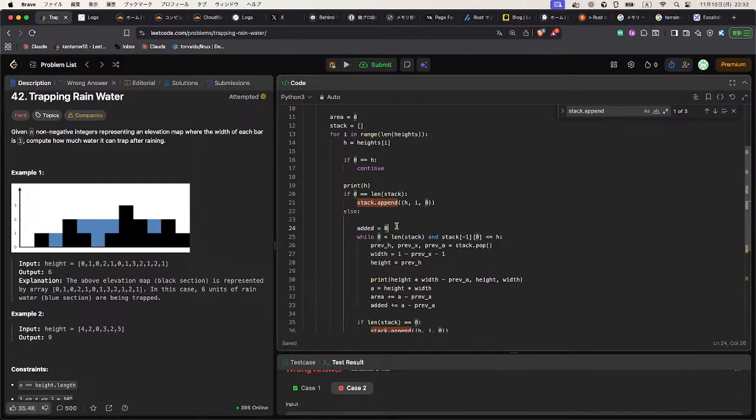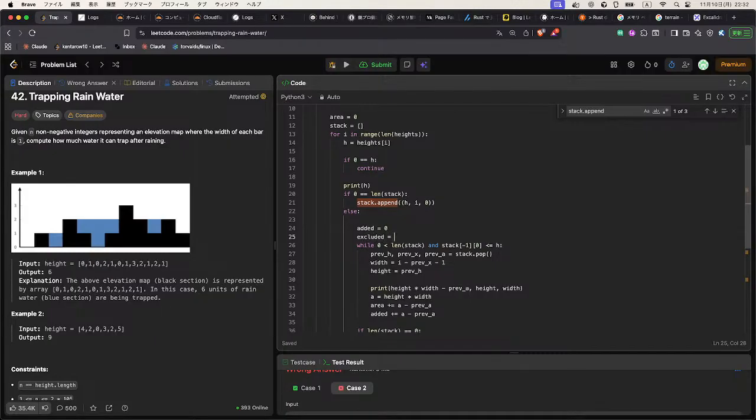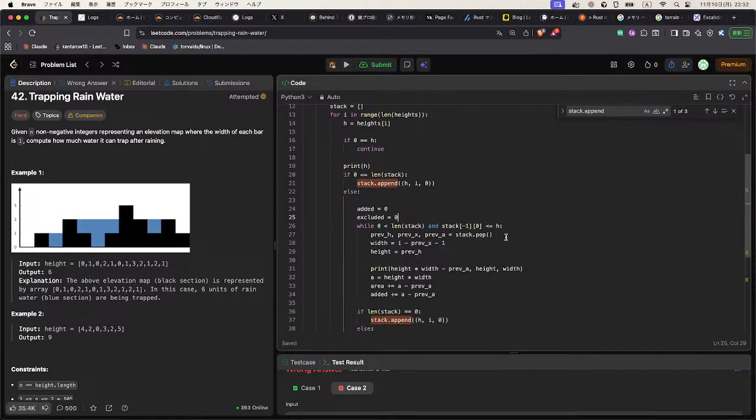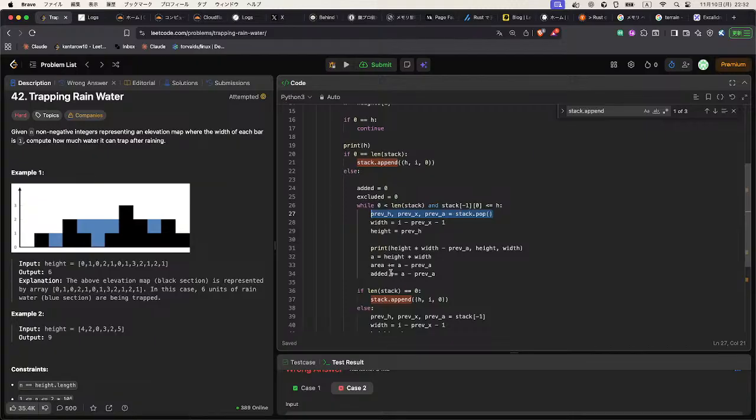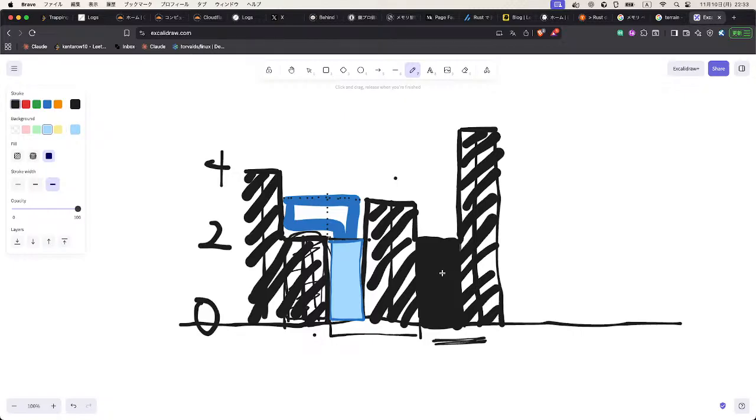And the excluded area is initialized here, and every time when we pop the element from the stack, this element expresses the area that should be excluded, right? So for example, yeah,